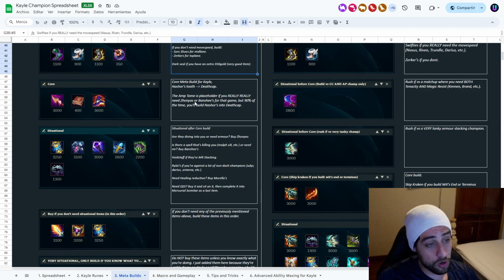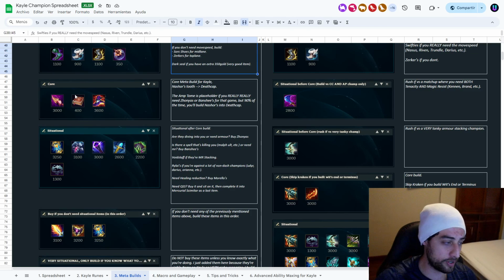Core is always going to be Nashor's Tooth into Death Cap. It's just always going to be that. Nashor's Tooth into Death Cap. But I did add a placeholder slot here just in case. It's going to be really rare when you need this. But just in case you need